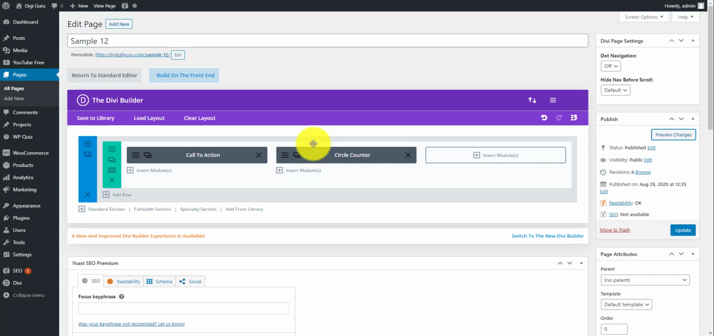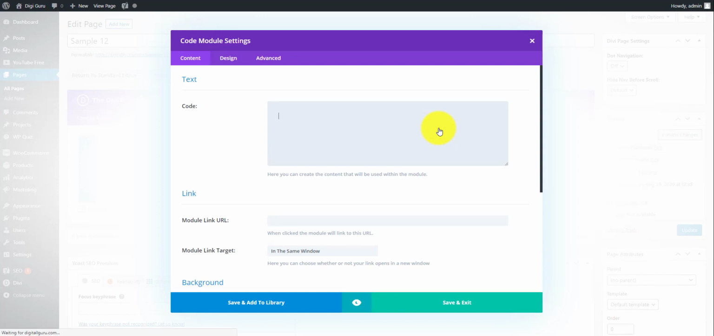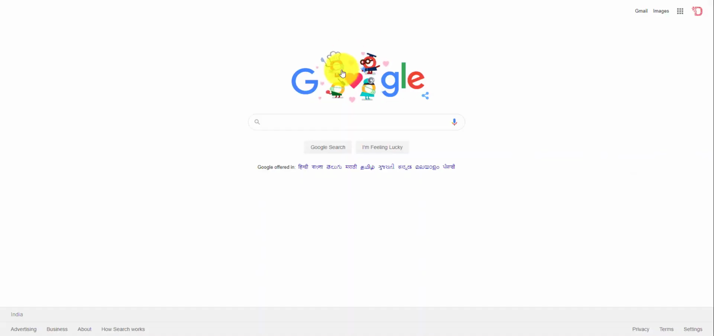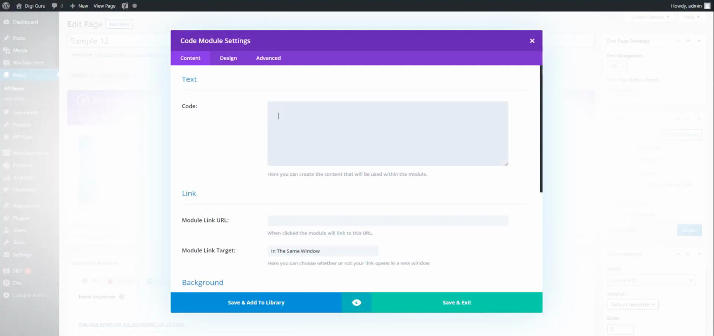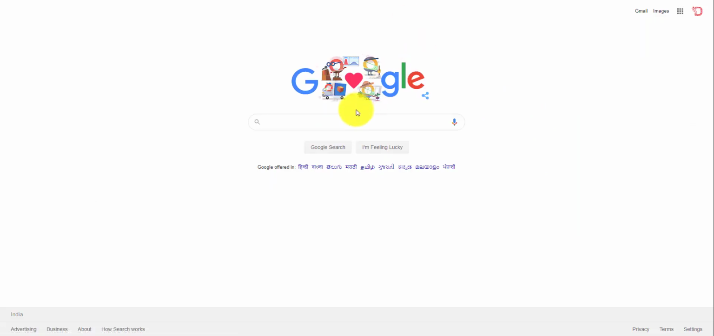Now let's go back and add the third module, which is a code. This is a very interesting module. Like suppose I want to insert a certain kind of code on my website. Let's take a code of an HTML marquee code. I want a small fish to swim here. So what I'll do, I'll just simply go to Google and I'll write